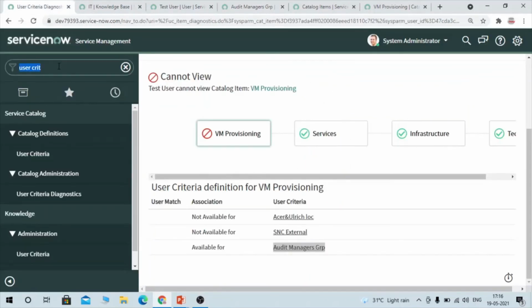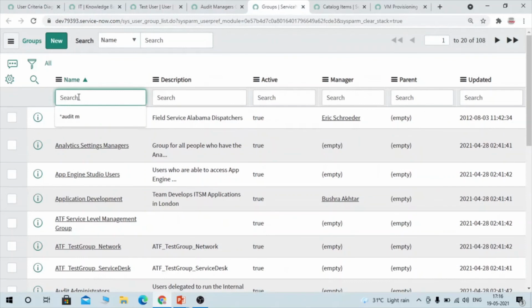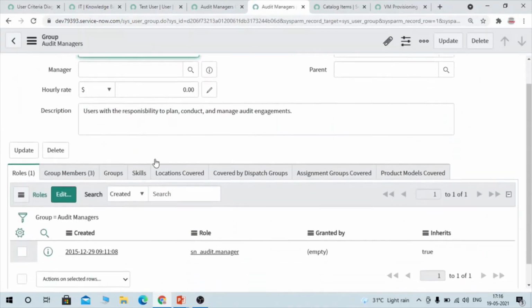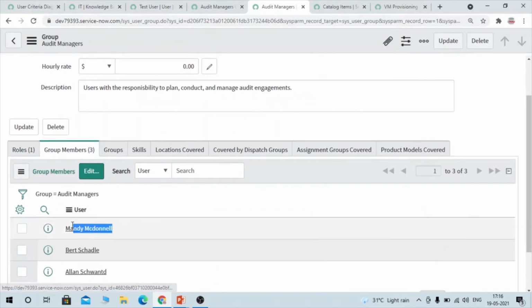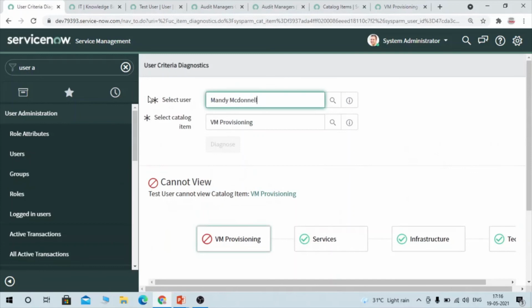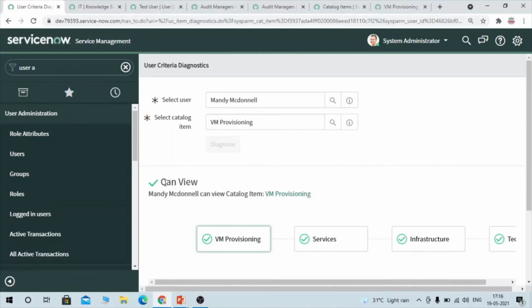So let's go to the group and take one person who is part of this group. Let's take this one, and you can remove this test user and put this person. Now diagnose. Now you can see he can view this catalog item, right?